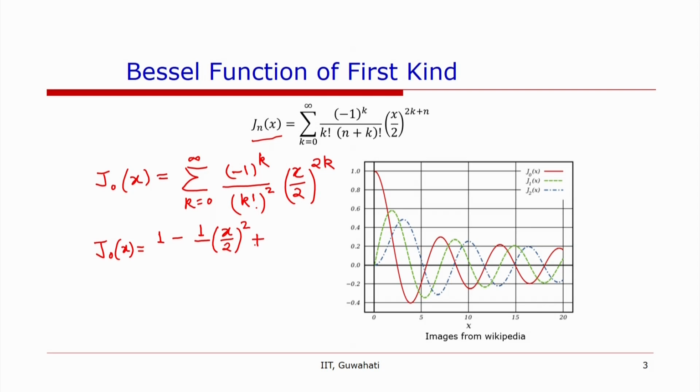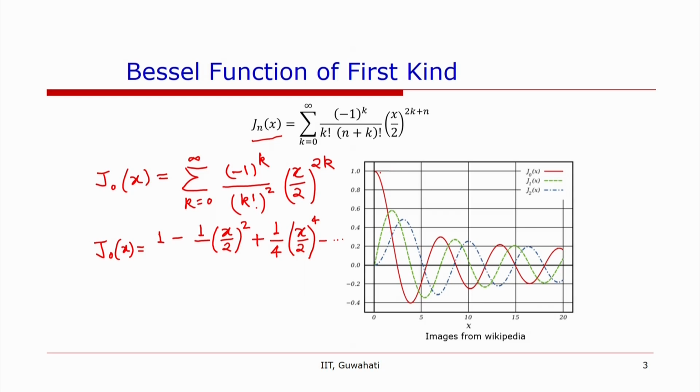When k is equal to 2, we get plus 1 over 2 squared, that means 4, times x by 2 to the power 4, and so on. We can see that the value of J0 at x equal to 0 is 1,